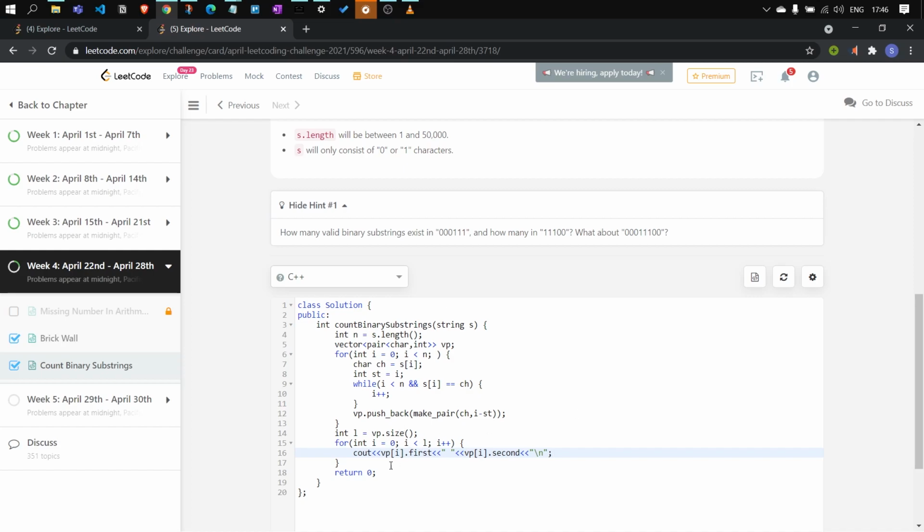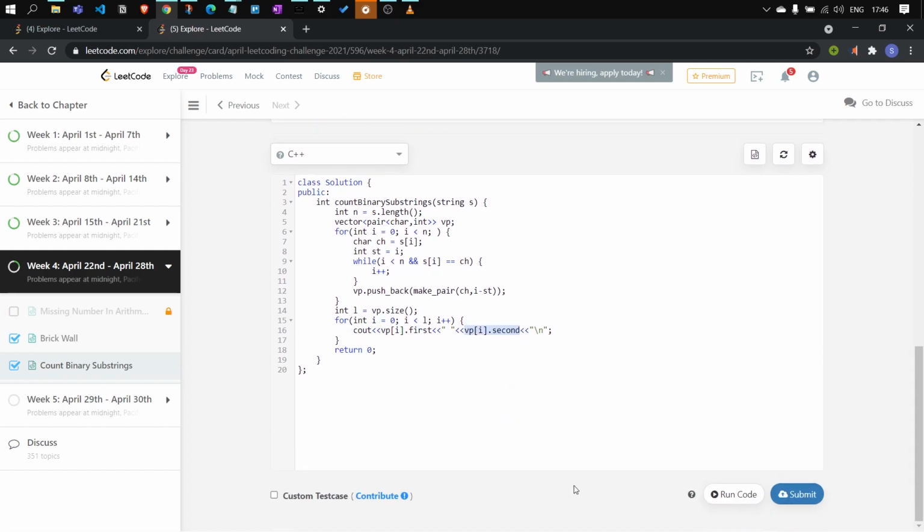So here what I'm doing is outputting the first character in the vector pair, and then the number of times it is being repeated, and let's see what it is showing.